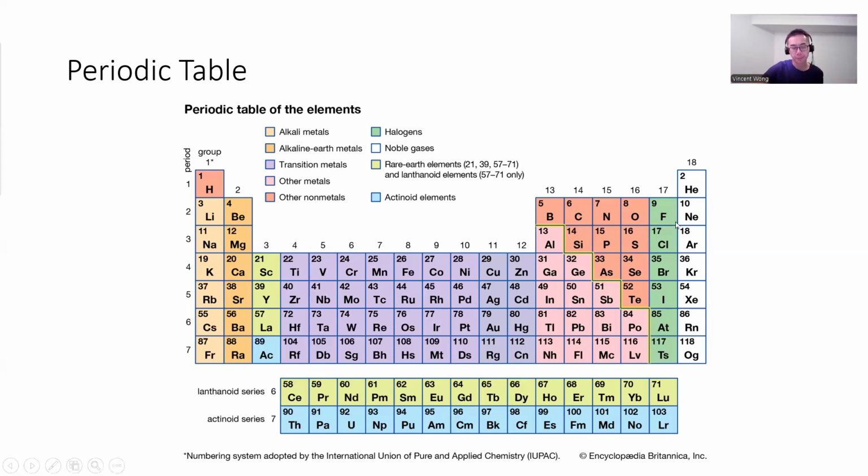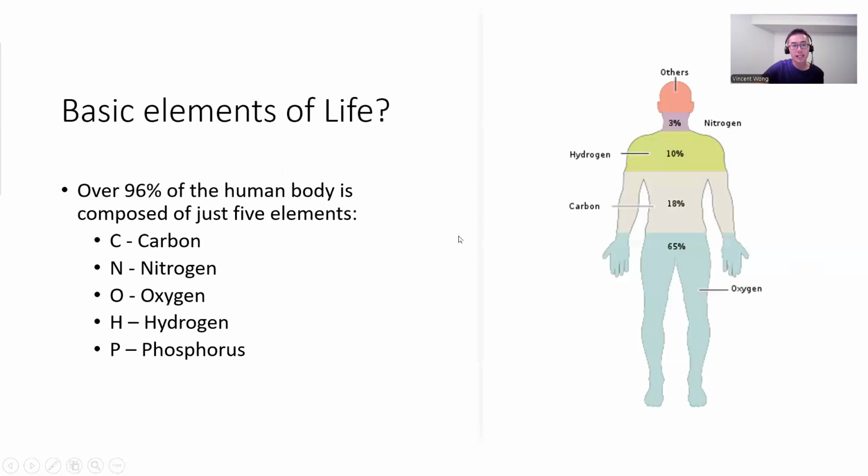If you think about it, even though there are hundreds of elements that make up everything that we know of in the universe, the human body actually only consists of 5 of these elements primarily. Okay? Over 96% of the human body, in fact, is composed of just 5 elements on the periodic table. Okay? So they are